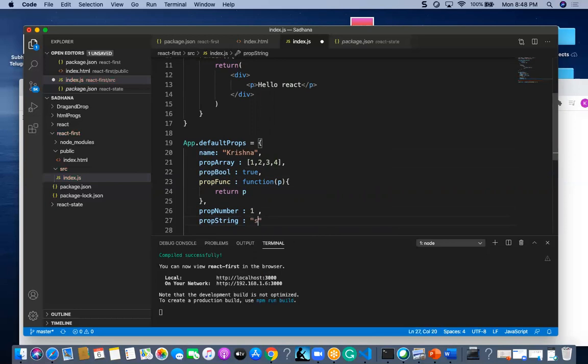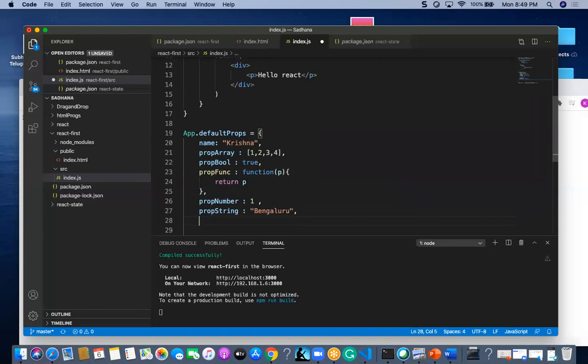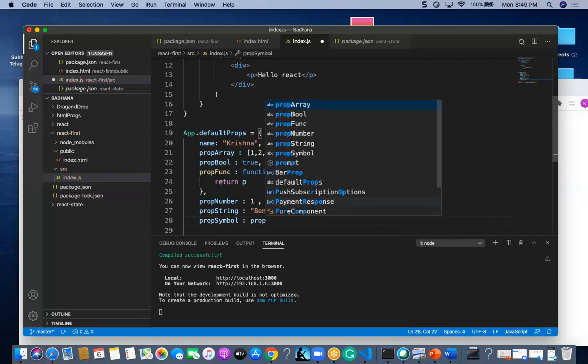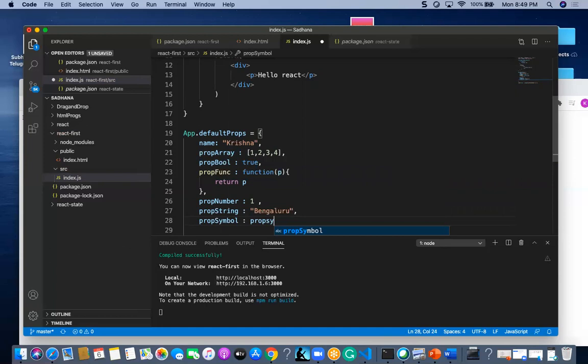Here I am going to give a string value, Bangalore, and a prop symbol, like propSYM.